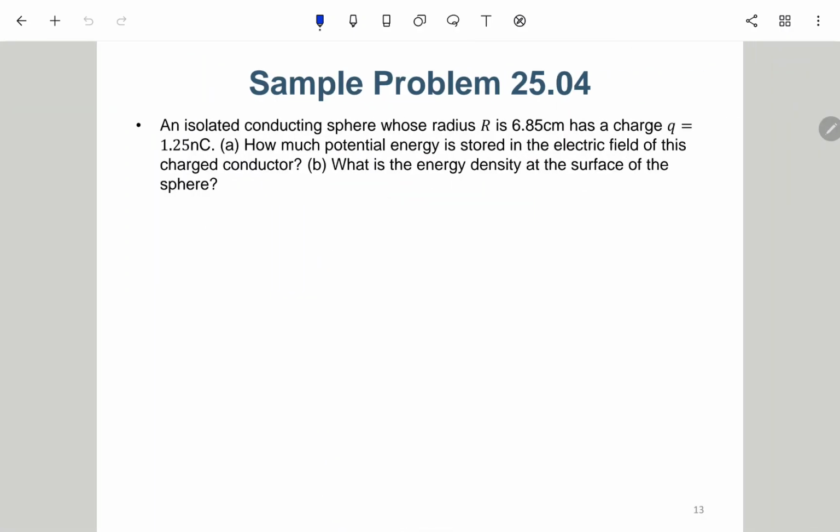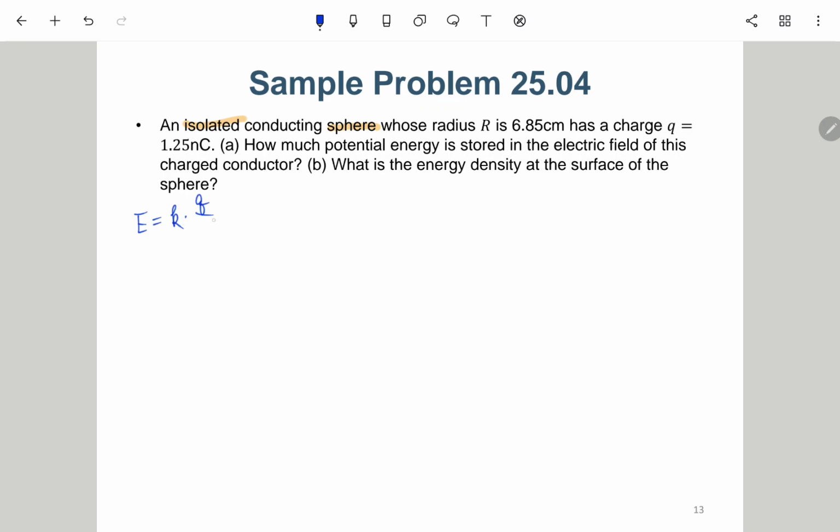So here we have a sample problem. It says an isolated conductor sphere whose radius R is this length and has a charge q. How much potential energy is stored in the electric field of this charged conductor? So actually we have an isolated sphere. You can imagine it will generate an E field, so E equals K times